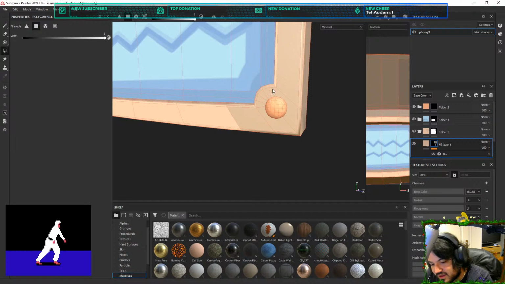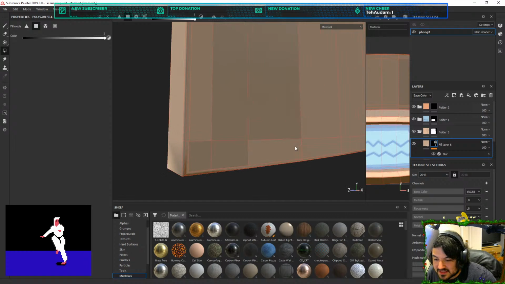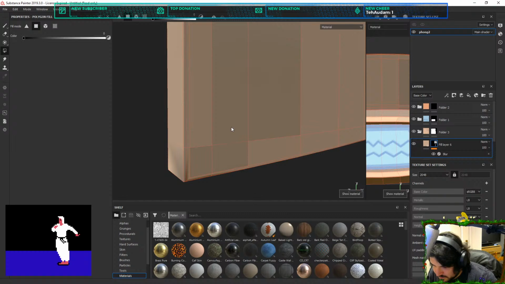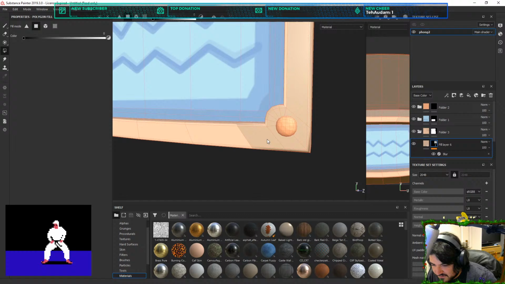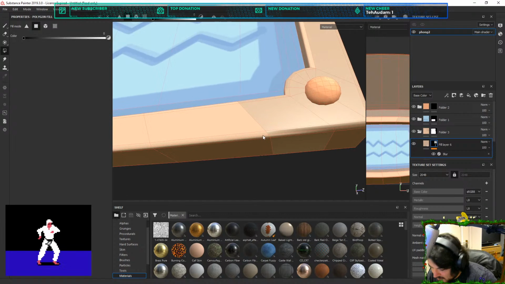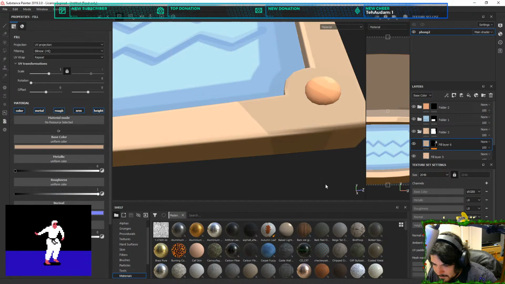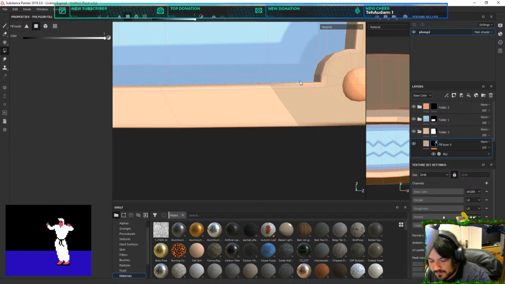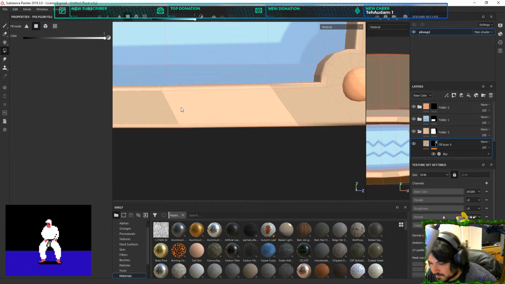Would anyone mind looking that up? See if there is a way I can just drag onto it without it selecting the back as well. Well, I've already selected back a couple times. Oops. That'd be very helpful if I could just drag what I want here. Did I disable? No. I'm disabled. Put on my pen for a second. Just use the mouse for this. Where is my mouse?